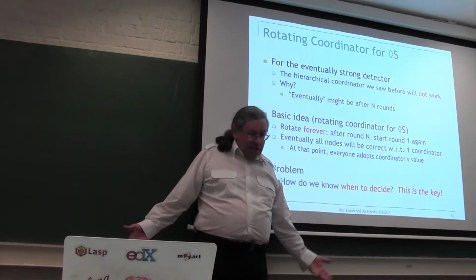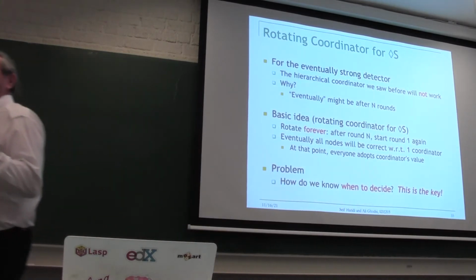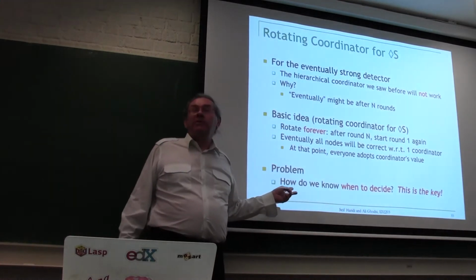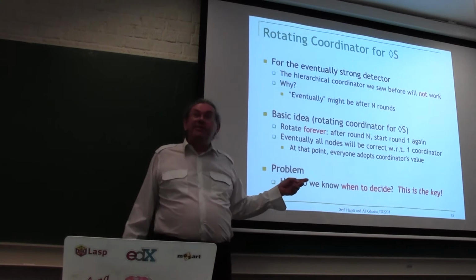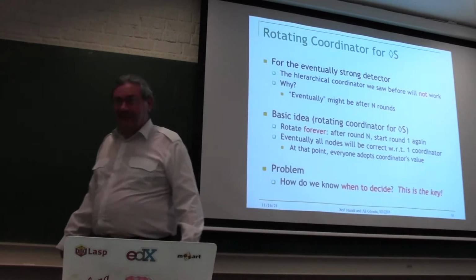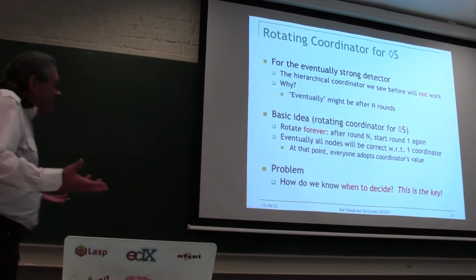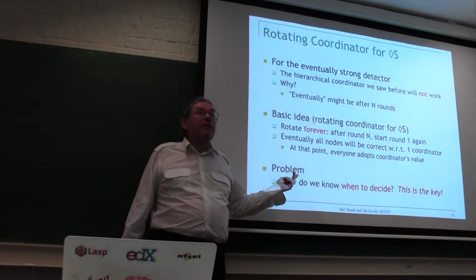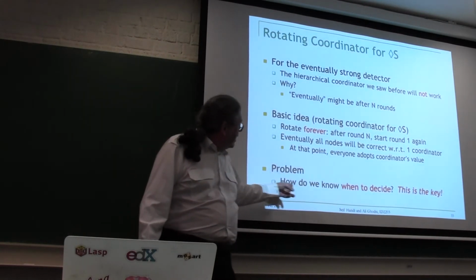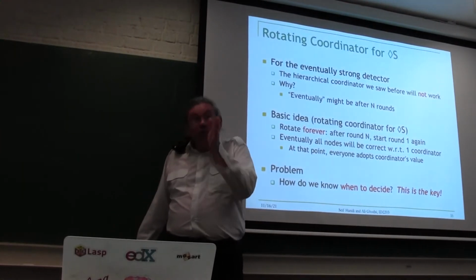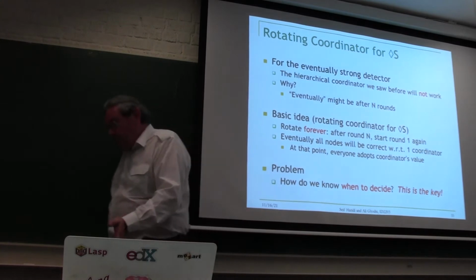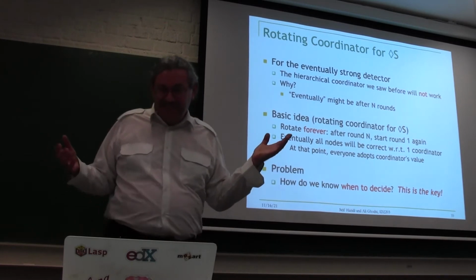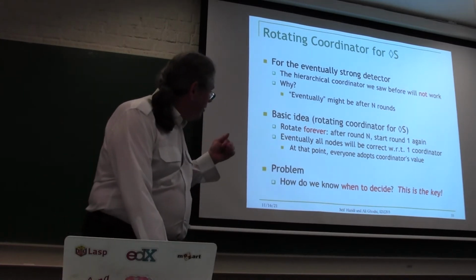When does it happen? That is the whole trick of this algorithm. The whole trick is to know when to stop. And that's why this algorithm is subtle. It's not that easy to know how to stop. How can you somehow know how to stop? Isn't that kind of amazing? It's possible. We can make an algorithm that at some point knows that there's no more mistakes, and it stops. Magic, okay?